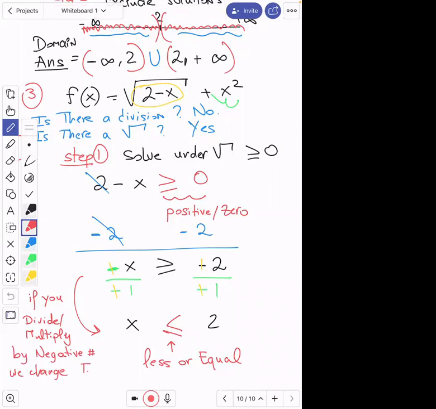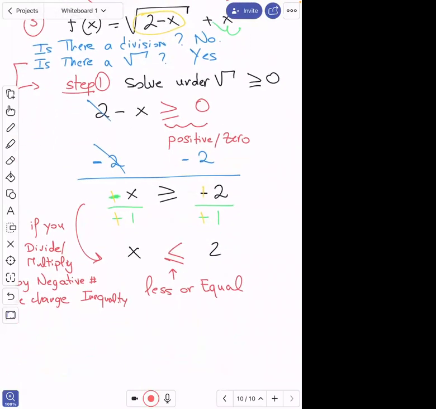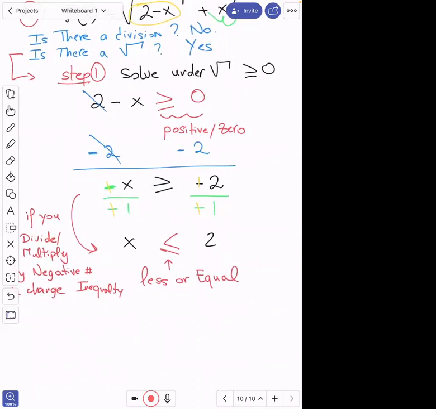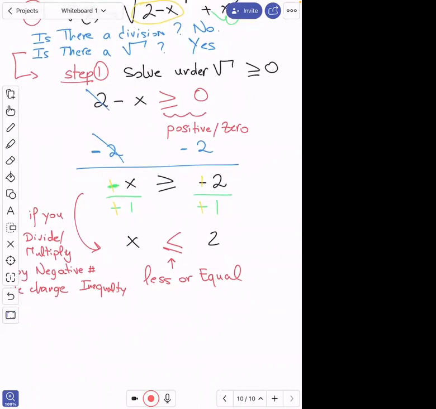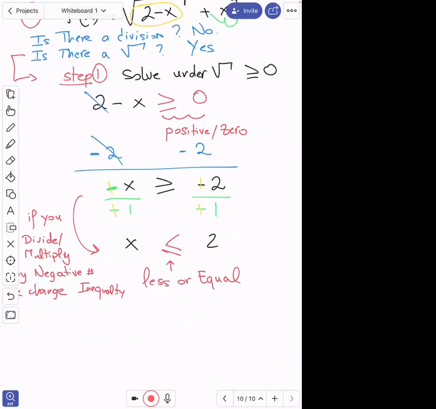Professor, I got a question. Yes, please. What if you added x to both sides instead? You can do that too. But then it will be 2 is greater than or equal to x. Yes, absolutely right. And that's actually the same thing. That's a very good suggestion. I did this, subtracting 2, just to show you that whenever you divide or multiply by a negative number, you have to change the inequality. But yes, another way to do it, as you're saying, you can just say,